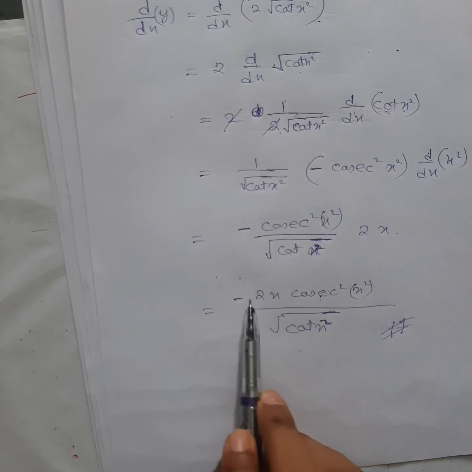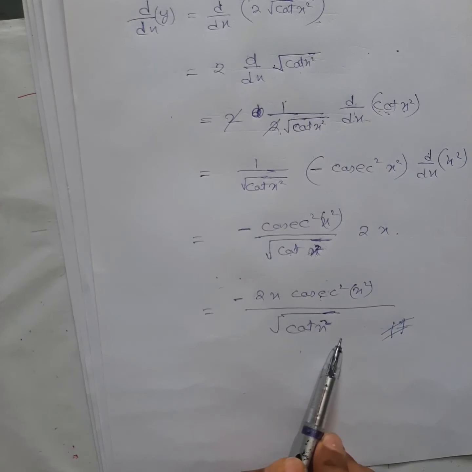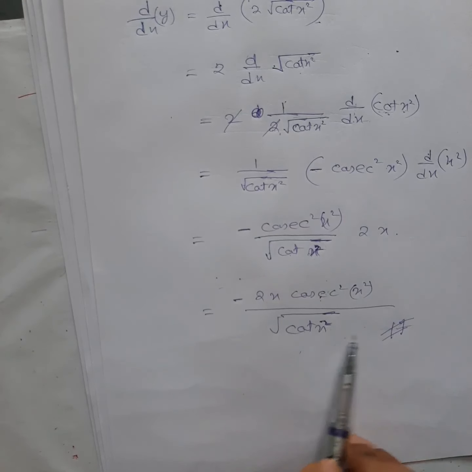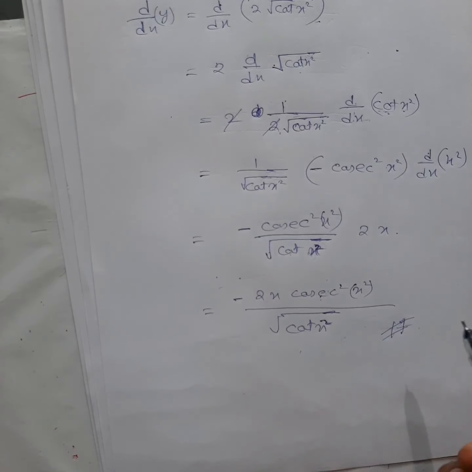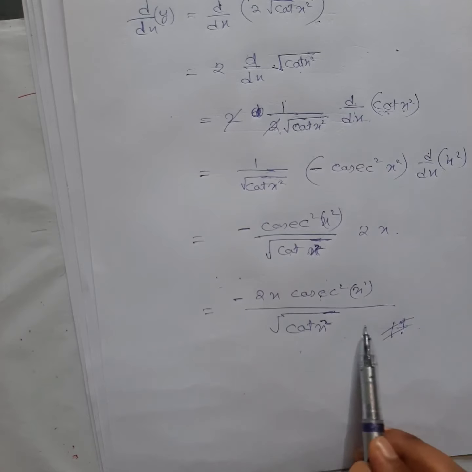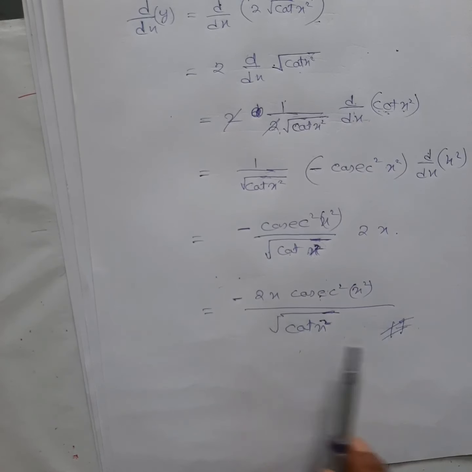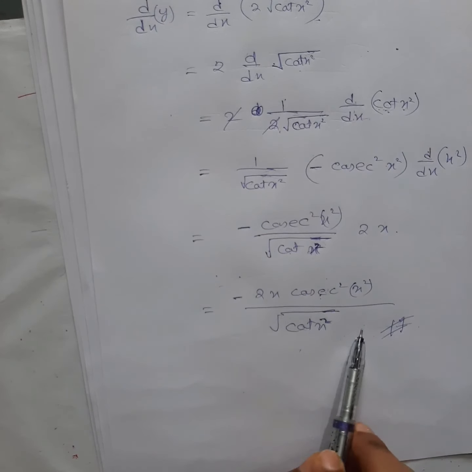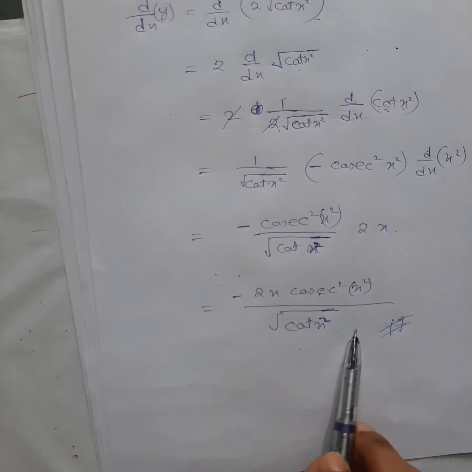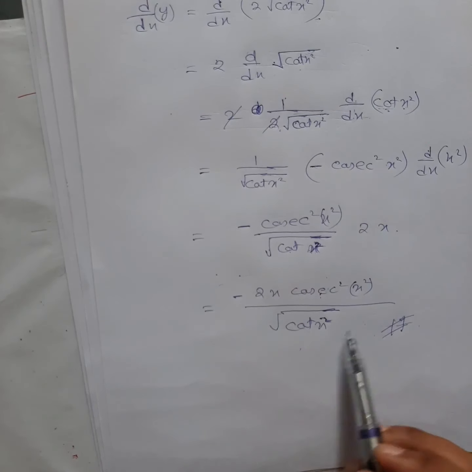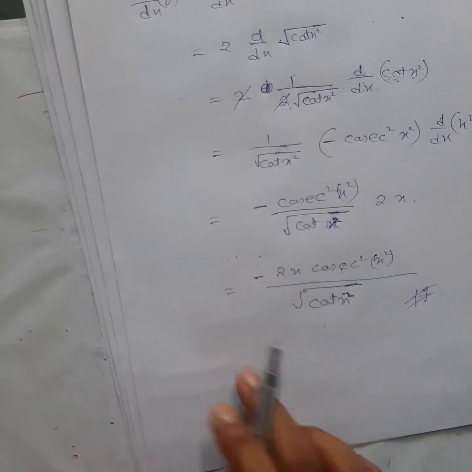Sine and cos, if it is there, you just need 2 down there to make it the identity. Remember, 2 sine x cos x, what was the identity? Sine 2x, right? So to make that identity, you just have to bring 2 downside. To balance that, again you write down root 2 upside also, downside also, then you will get that identity. From that you will get the answer behind whatever it is there.